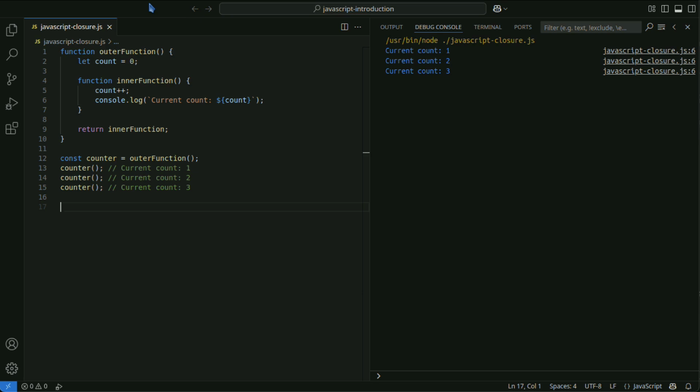Closures can be used like private variables in object-oriented programming. Normally, in JavaScript, object properties are directly accessible from outside, but by using closures, it is possible to prevent direct manipulation of variables within the function scope from outside. In the next example, the createCounter function uses a closure to create a counter and returns a counter with a private variable, count.